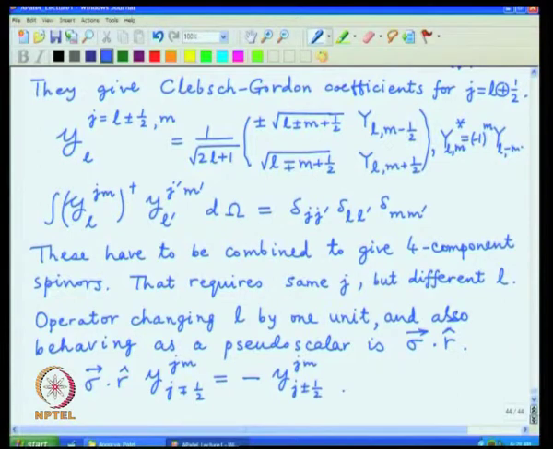And this can be proved in a straightforward manner, and it is useful in completing the solution to the hydrogen atom problem,